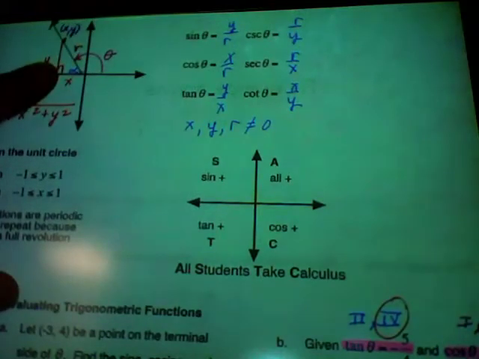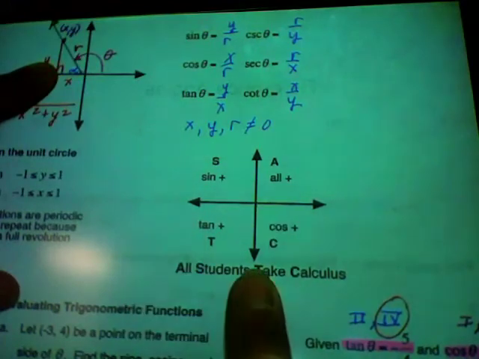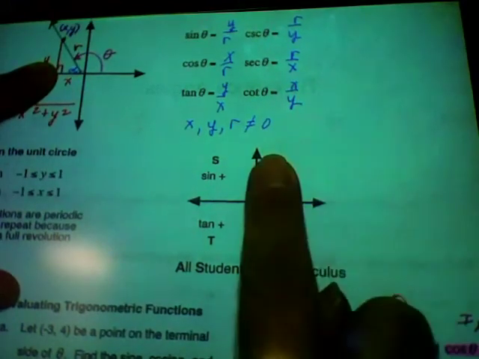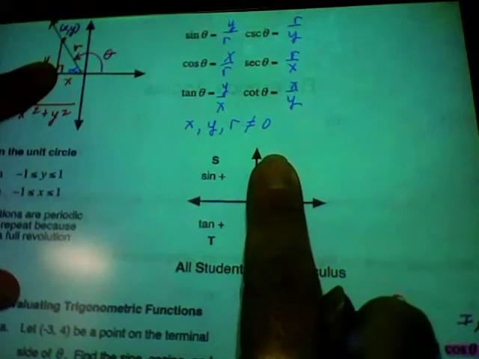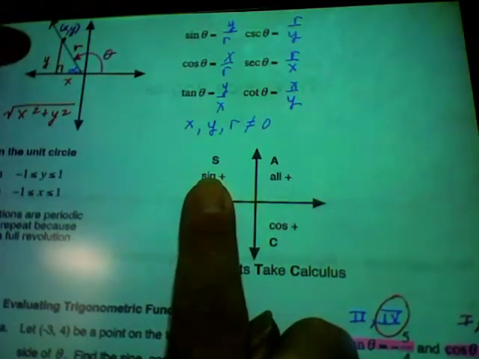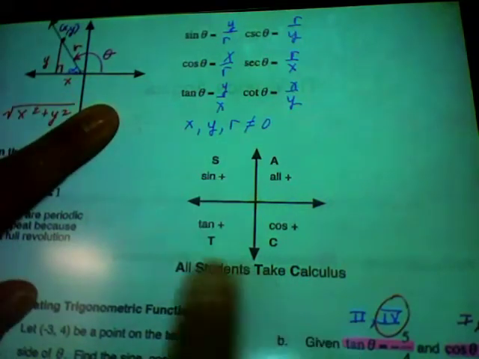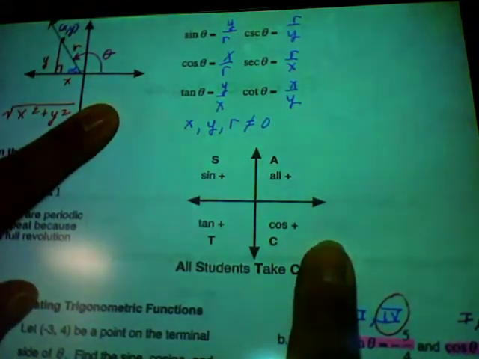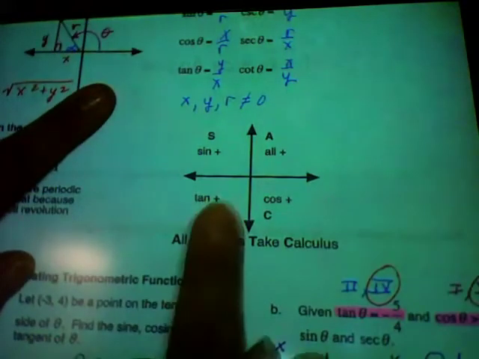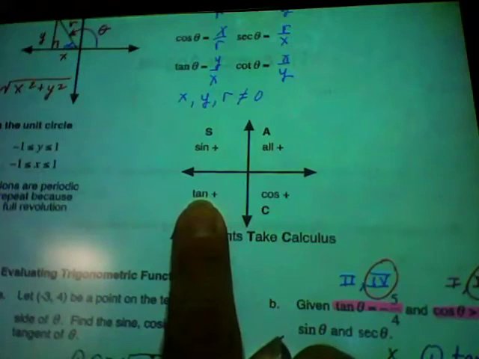signs. I've given you this as a shortcut, that these are where they're always positive. So all three of them, sine, cosine, tangent, are positive in that quadrant. Here, only sine is positive. We kind of talked about that with this one, right? Why that is. If you went and made a reference triangle here and here, we could talk about it for these ones and these ones too. But here, think about tangent, or just think about here. Isn't x and y negative here? So if x and y are negative, go back and look up here. If x and y are negative,